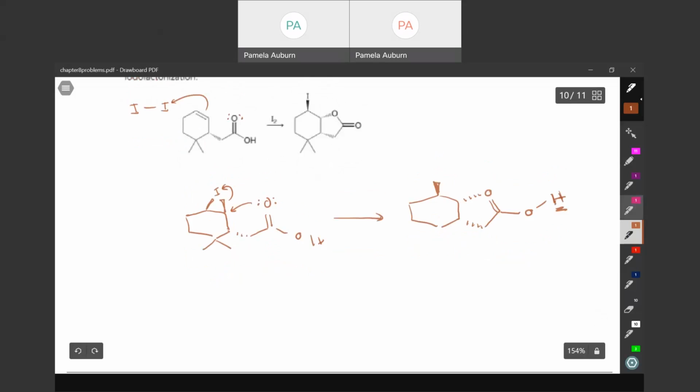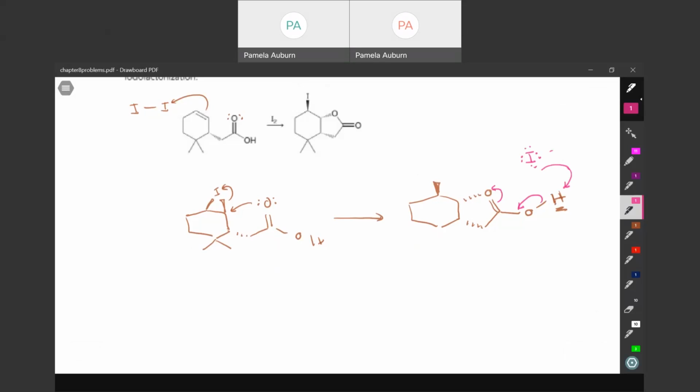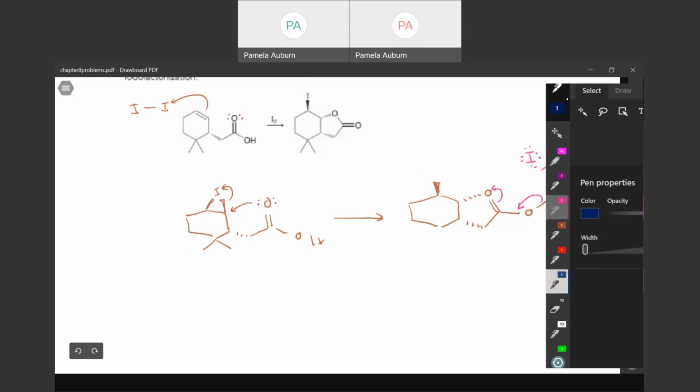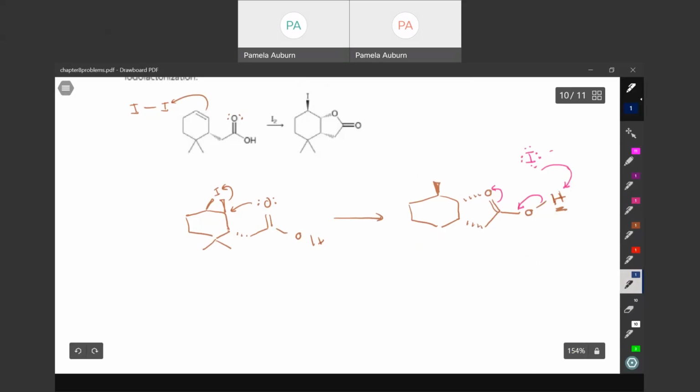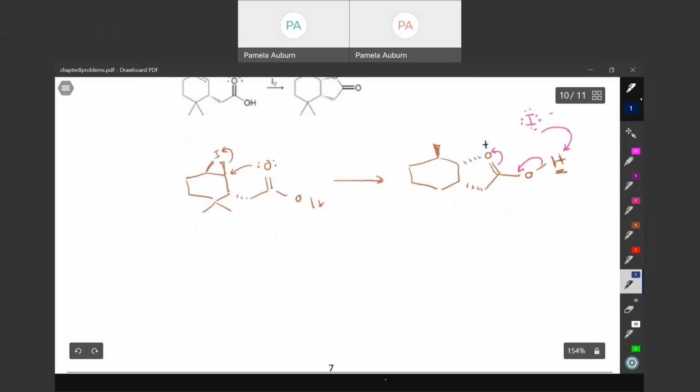So I have I minus out here. It's going to come and pull the hydrogen off. Those electrons are going to go in there to form a double bond, and those electrons come up there so that, oh, I should have drawn also at this point, this guy's got a positive charge and neutralize that positive charge because there's 3 bonds to oxygen there. So when all of that happens,